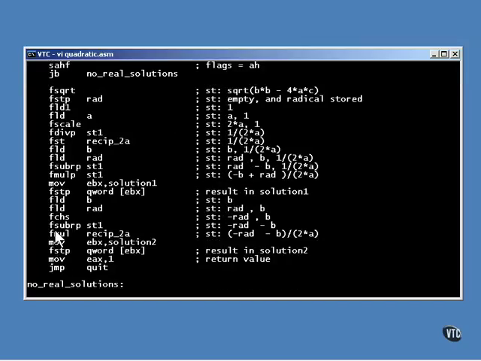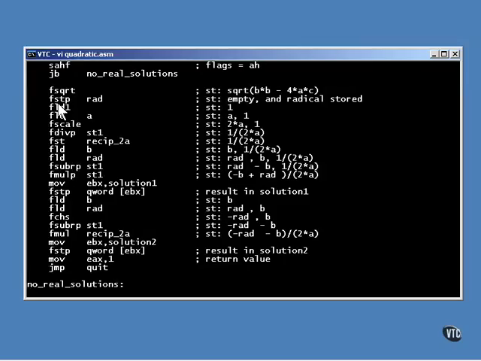So now we know we're going to have a solution. The number is positive, so we can take its square root. The results of the square root are stored in the work area until it's needed later. It's easier to store it away like this because it's going to be needed twice. Alternatively, it could be pushed lower onto the stack, and if it were going to be used only once, that might be